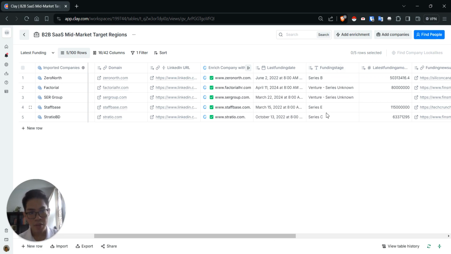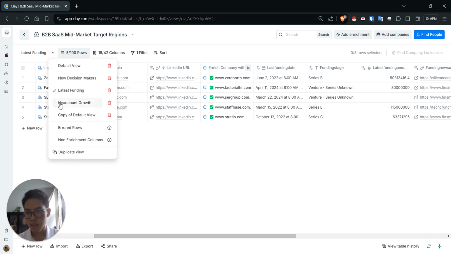and the funding stage in particular is more relevant to B2B SaaS because it gives you a good idea of the revenue mark they are at now, as well as whether they have product market fit, whether they have a customer base already. So it can give you an idea whether these are prospects that you should prioritize and focus on in your pipeline. Okay,